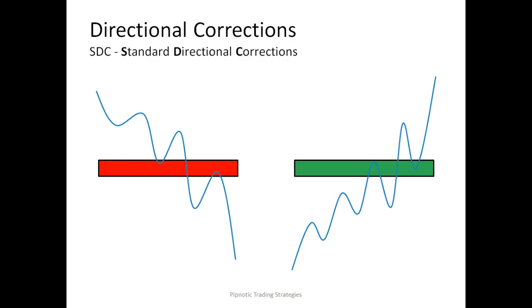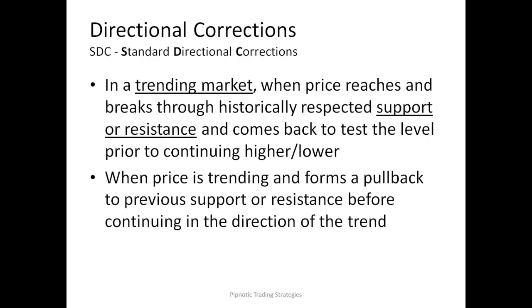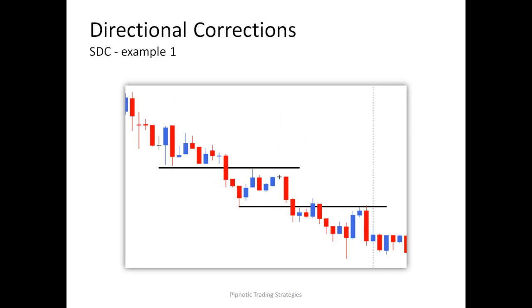We have our directional corrections, the first of which is what is called an SDC, a standard directional correction. In a trending market, when price reaches and breaks through historically respected support or resistance and comes back to test the level prior to continuing higher or lower. When price is trending and forms a pullback to previous support or resistance before continuing in the direction of the trend. So if we have a quick look at what this might look like, we can see we have this